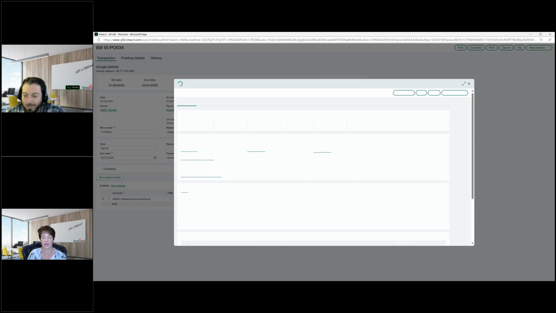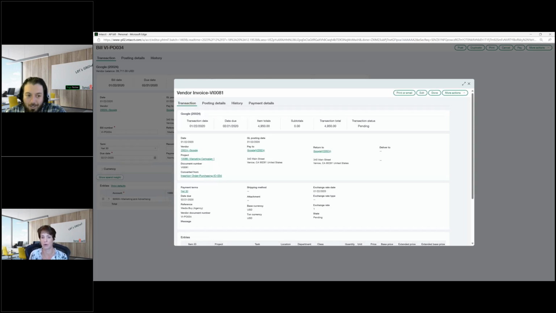In Sage 100, if an invoice or a journal entry or an AR invoice has been posted or updated, then in order to edit that invoice, I have to do some sort of an adjustment or a credit memo or debit memo. So it's additional steps. But in this case, I can pull this up, and if I have the rights to do so, so only if you have the rights, this is a vendor invoice. It has not been paid yet. So if it's been paid, then of course I'd have to adjust that payment or void the payment. And it's also the